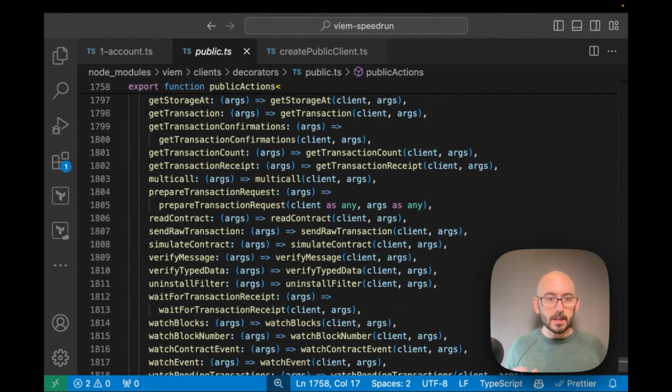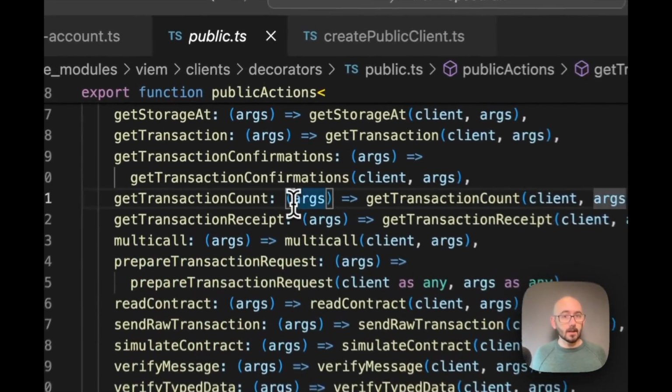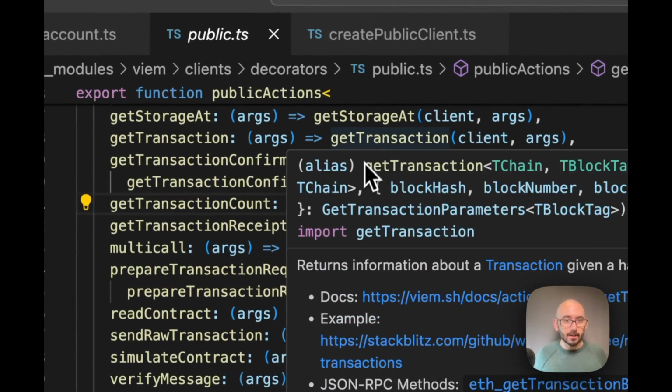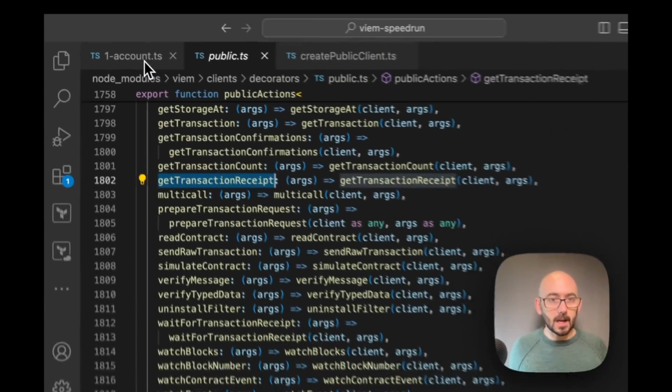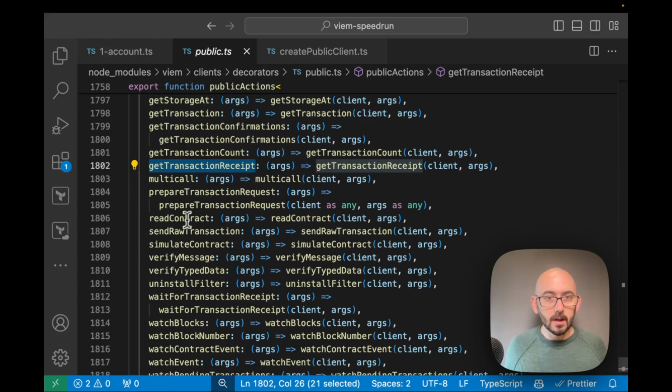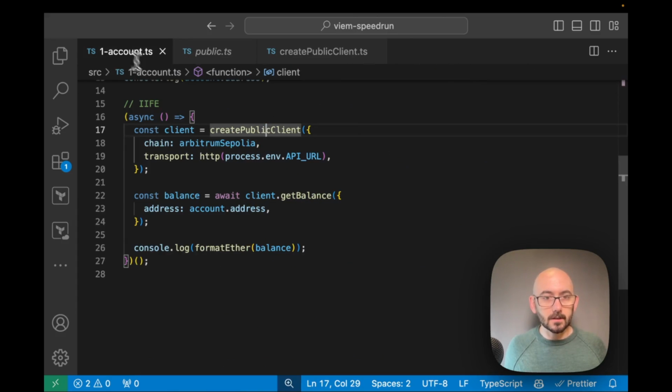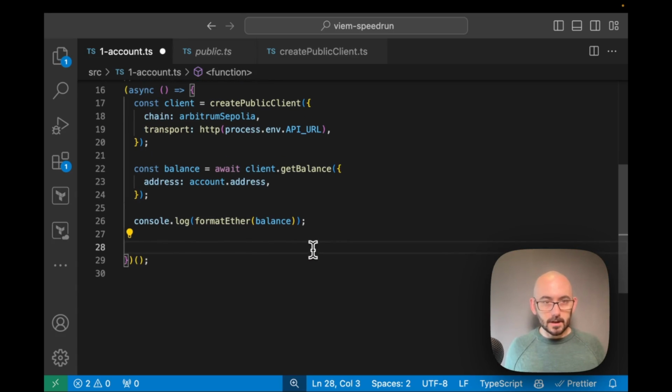If you're familiar with the Ethereum JSON RPC API, you can find all of these things documented as methods, or you could find the actual documentation for these methods inside Viem, however you choose to go about it. So I'm not going to go through each one of these, but we may touch on a couple more of these as we go through parts 2 and 3, especially transaction receipt. I see there is going to be one that we're going to want to use, send raw transactions, these types of things. So, okay, let's go ahead and just get our transaction count,